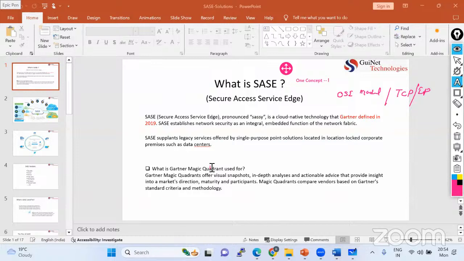So something new should come in the market, and then this SASE came in the market, and this is the future. Trust me guys, this is the future. मैं बता रहा हूं कि फायरवॉल आप लोग पढ़ लो, राइट, आप लोग राउटिंग स्विचिंग पढ़ लो, बट कुछ समय बाद ऐसा हो जाएगा जैसे अभी SD-WAN नहीं पढ़े हो तो लोग बोलते हैं कि SD-WAN नहीं आती आपको। ओके चलो बाद में देखते हैं आपको। So in future, in 2025, 2026, 2027, this is mandatory for the security